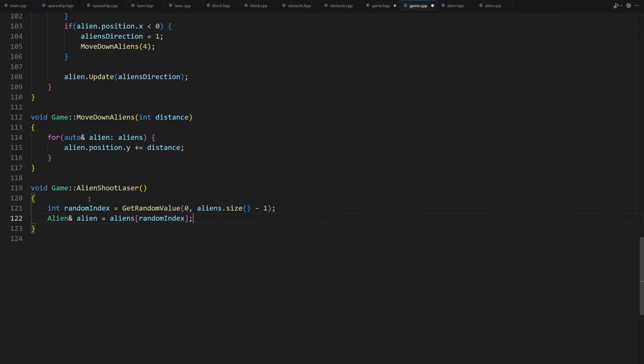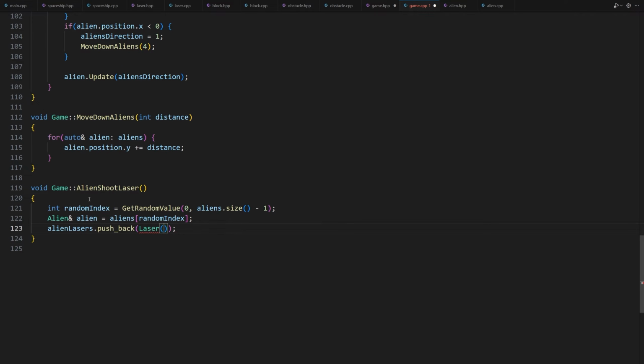Now we need to create a laser for that alien and add it in the alienLasers vector. alienLasers.push_back(Laser()). We need to give the laser constructor a position and a speed. The position is going to be the center of the alien image in the x-axis and the bottom of the alien image in the y-axis.